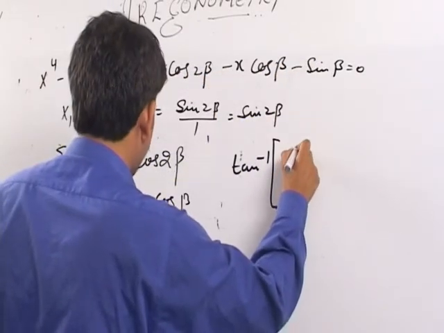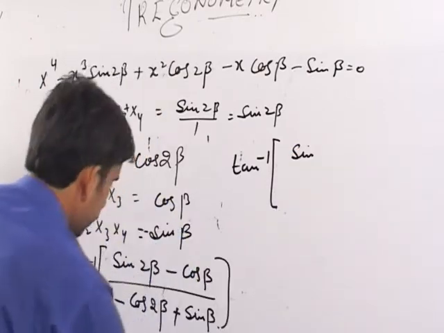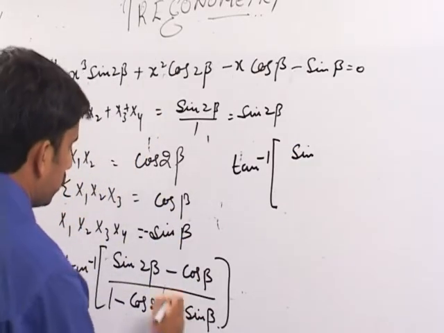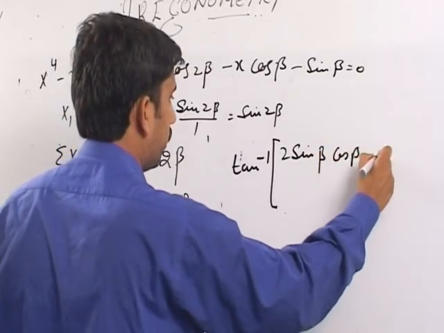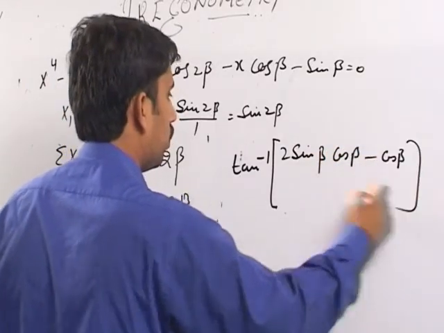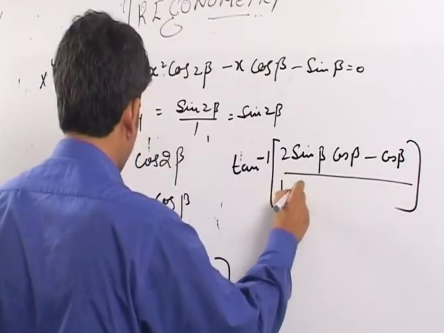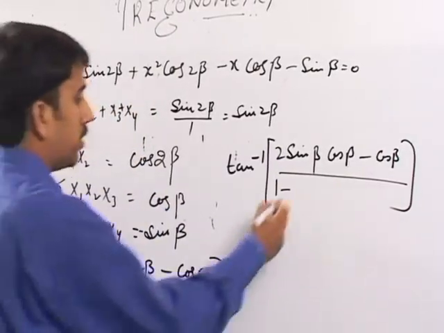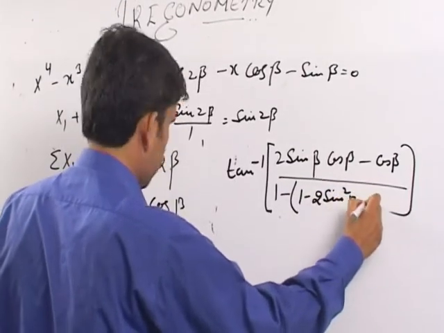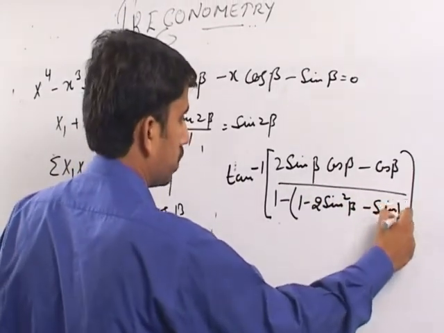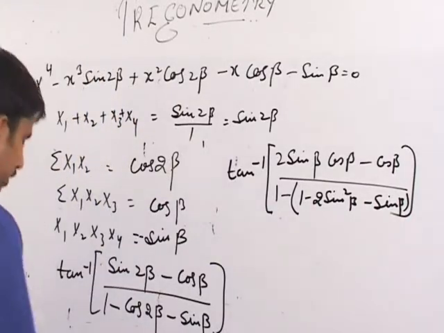So you will get sine of 2 beta, here this is minus sin beta. So you are left with (2 sin beta cos beta minus cos beta) whole over (1 minus, we will take 1 minus 2 sin square beta here, 1 minus 2 sin square beta) minus sin beta. Now when you open this bracket, you will get